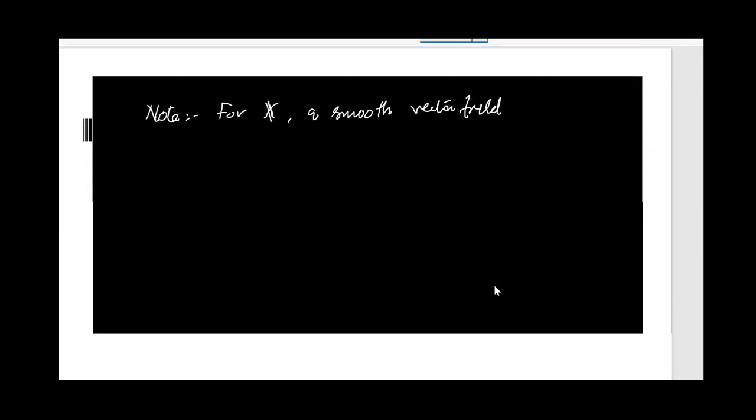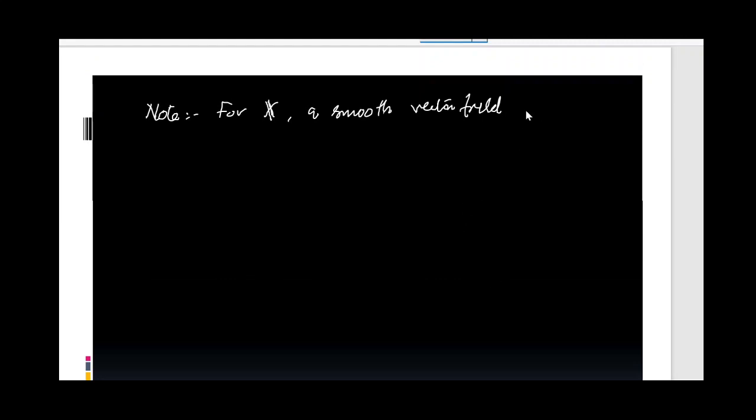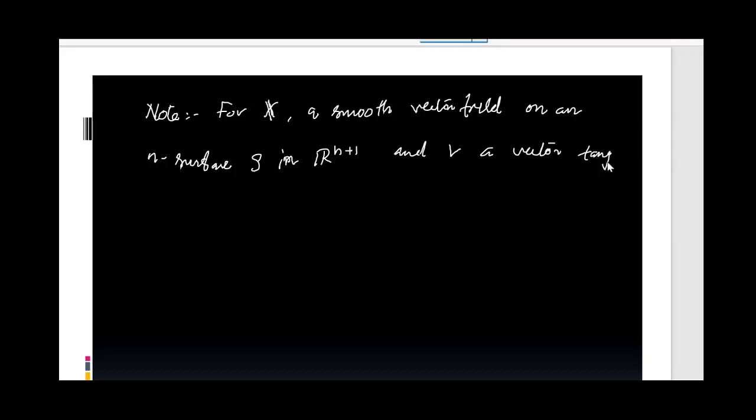As a note, for this x, a smooth vector field on an n-surface S in R^(n+1), and v a vector tangent to S